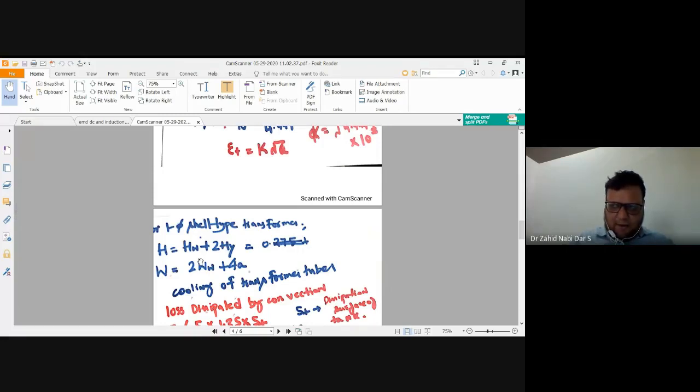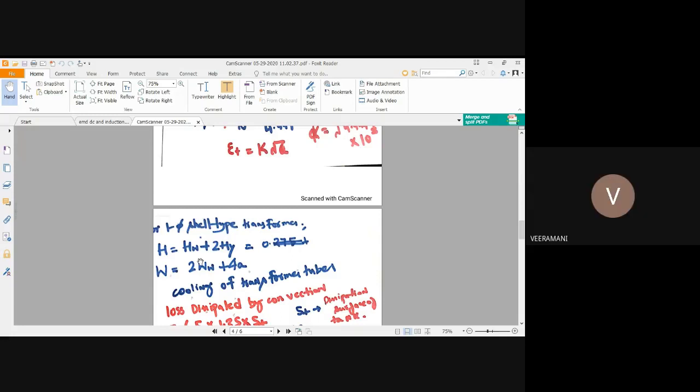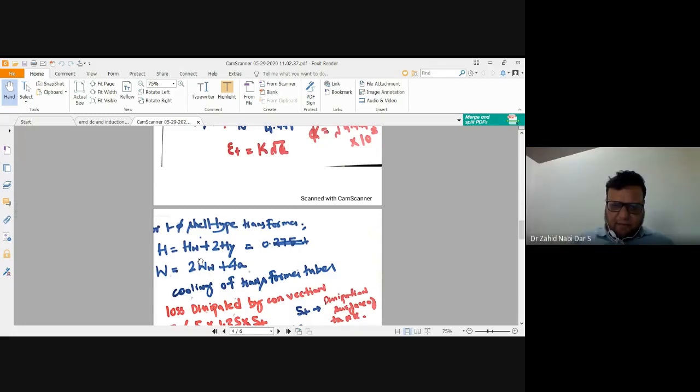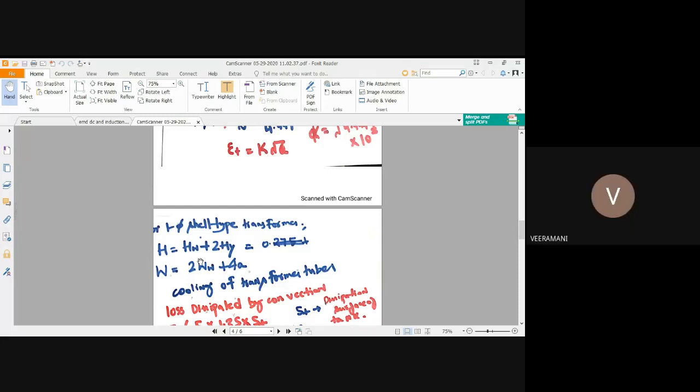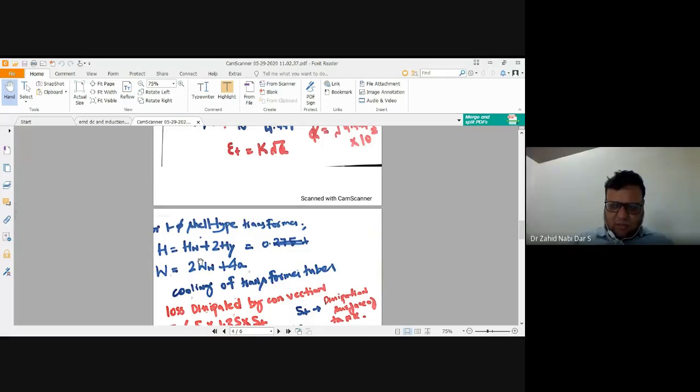Am I correct or wrong, Viramani? Yes, sir. Do you need very heavy mathematics to do this? Do you need any differential calculus or integral calculus? No, sir. So the only thing is your basic arithmetic should be correct, and all the equations you are finding are algebraic in nature. So your cross multiplication, elementary, even if you have 10th standard knowledge of mathematics, you are able to do design. Am I correct?